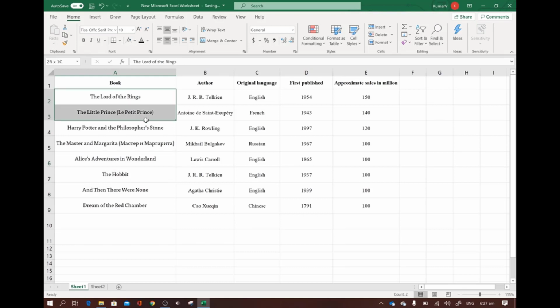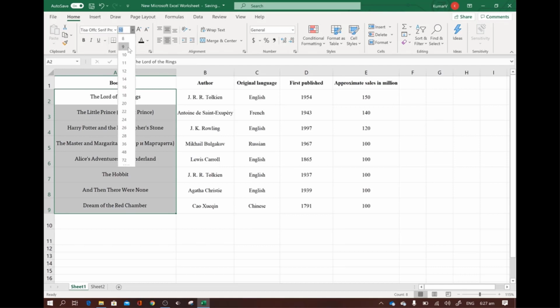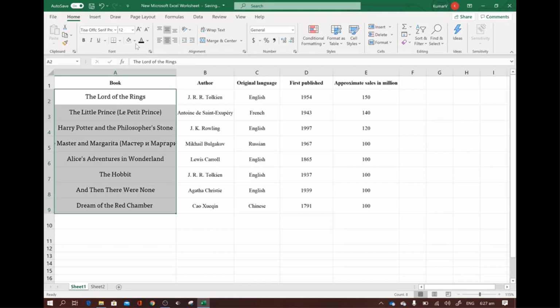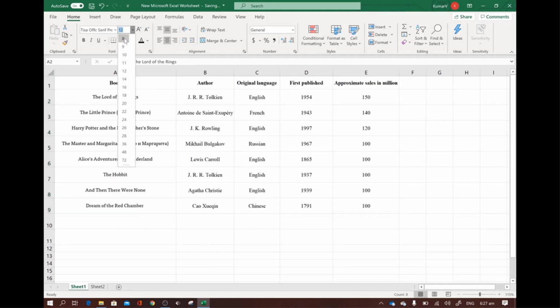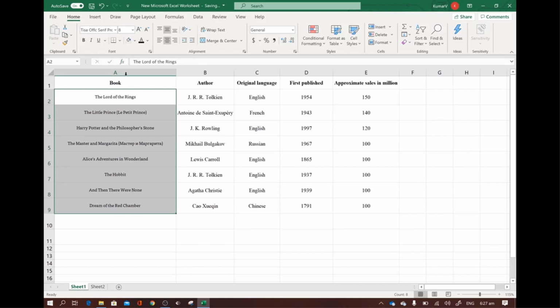If you want to change the size from 10 to 12, 13 or 8, that you can change by numbers, it will keep changing. Similarly, if you want to do the same thing, there is another option, increase font size and decrease font size. Then you can just increase font size by just clicking one time. If you click once, it will change the size. You can see the difference,